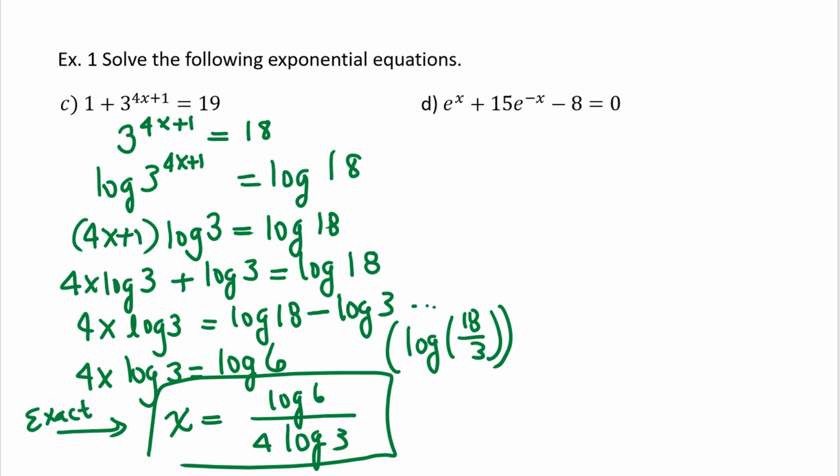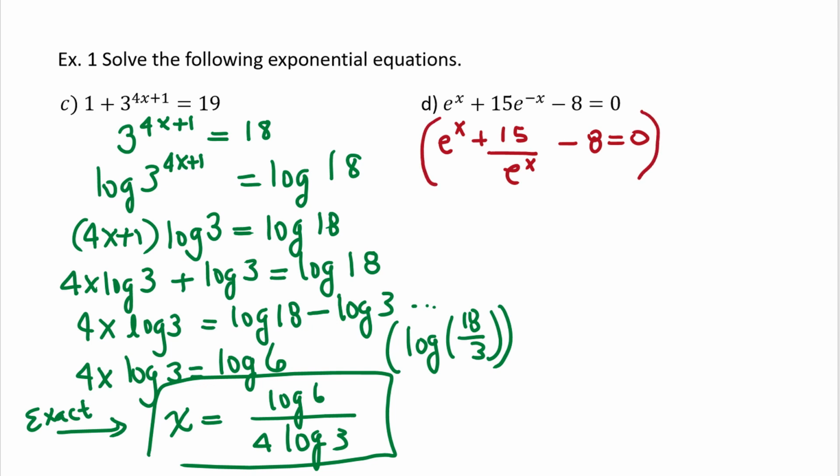Part D, e to the x plus 15 times e to the minus x minus 8. So we're going to have to do some simplifying before we can proceed. Let's write this as e to the x plus 15 divided by e to the x, because the minus x lets us put it in the denominator, then minus 8 equals 0. Now this doesn't look real friendly, but e to the x is a non-zero number, so